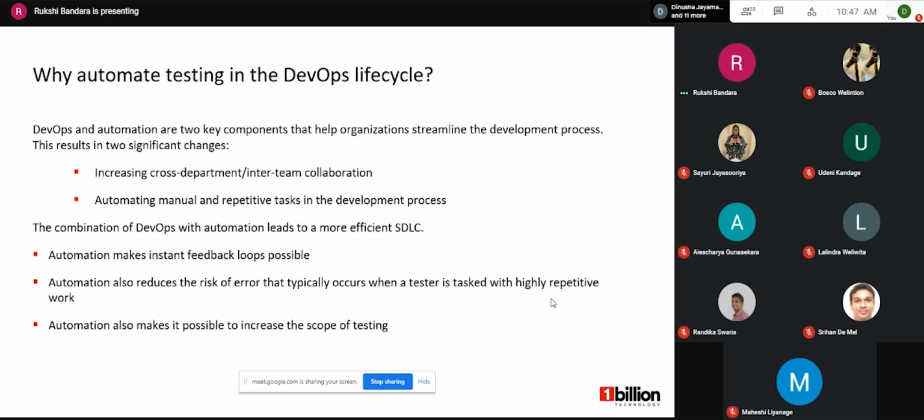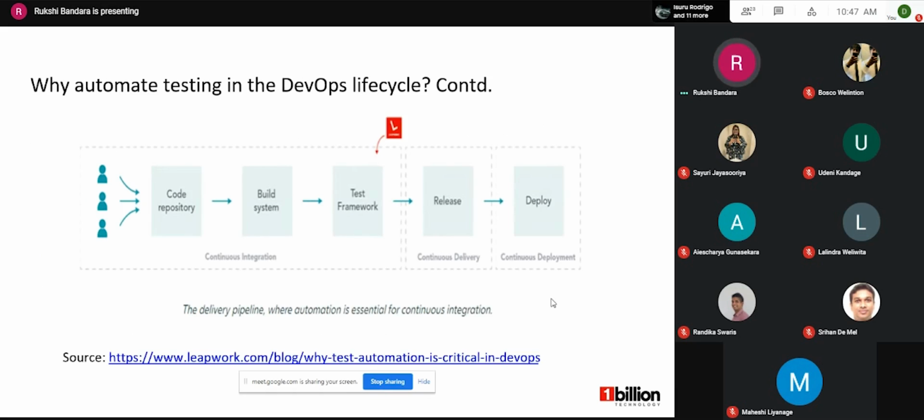and critical thinking. So to understand the need for automation in DevOps, I will explain a scenario where testing is performed manually. So here a developer writes a piece of code for a product update. And then he submits the code into the code repository and continues working.